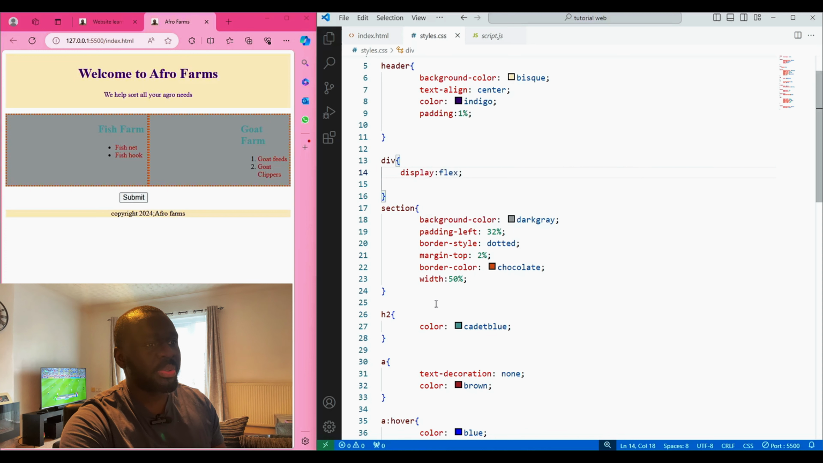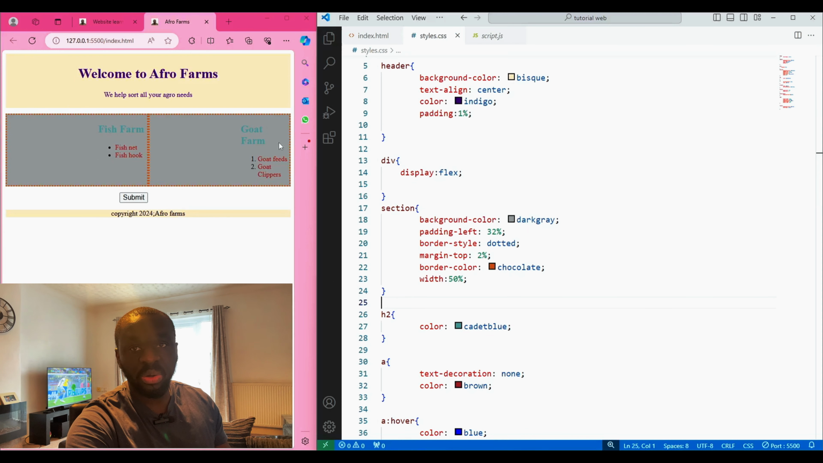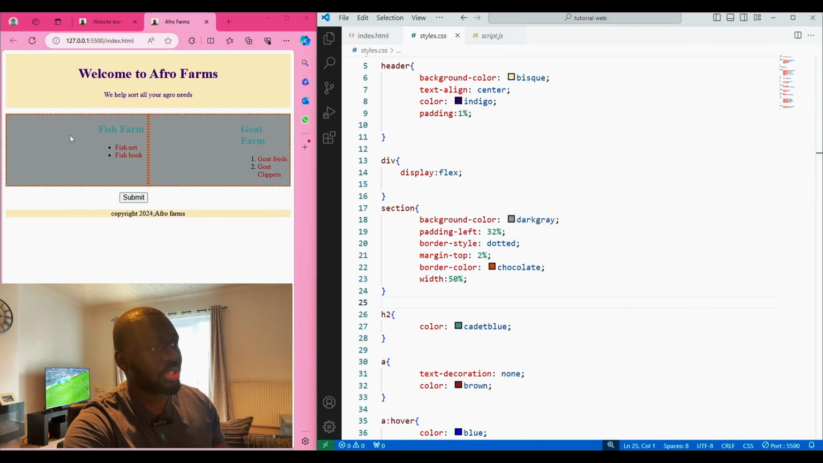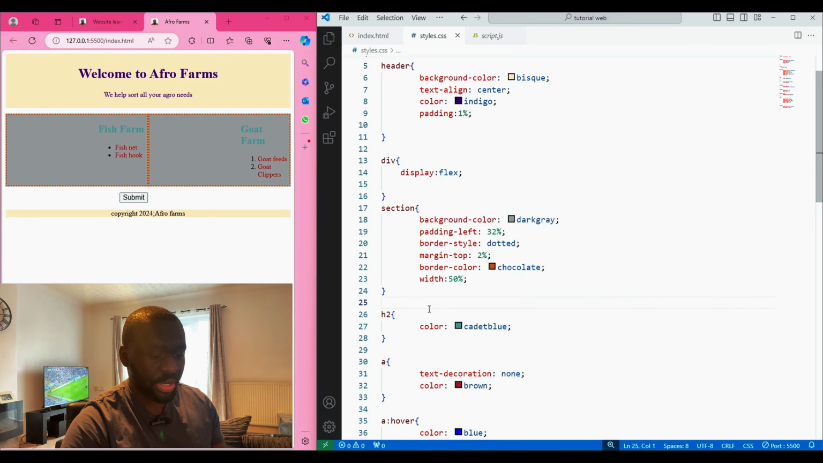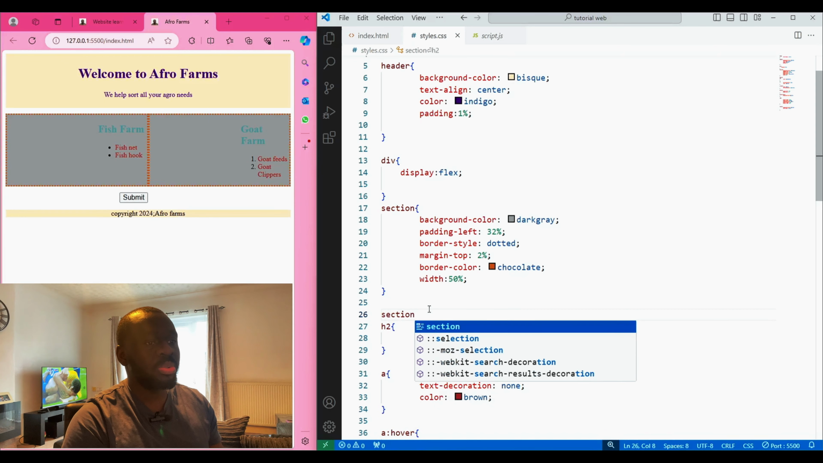So what I can do is this is the first child of the section. This is the second child of the section. So there are two sections. This is the first child, the second child. Let's try this. If I say section and I use